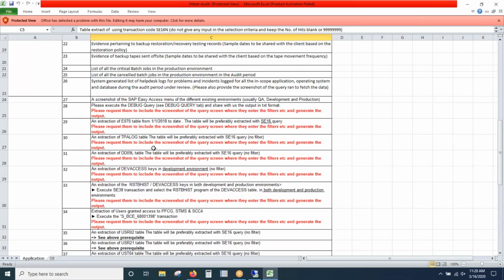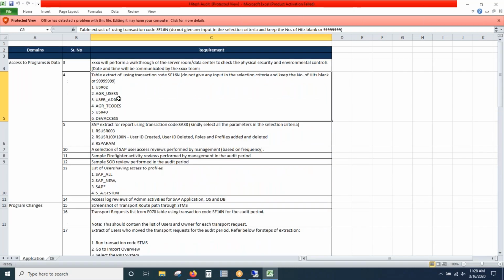Okay. Now your practice is, once you have to go for each, for example, go for the fourth one. I will explain just the fourth one. They're asking to use the transaction SE16N. Don't put in any changes. Don't put the maximum number of entries, 500 is there. You can go for 999 or you can leave it empty. Under the USR02 table, what data can they download? You just download the report and attach it to this Excel sheet. That is it. Second, fifth one, third one, and then everything is done. Add the reporting here and send it back once you've done all those things. Anything you don't know, just ask for help.